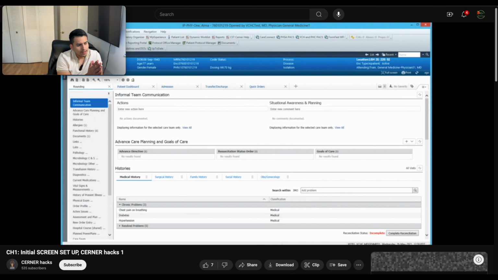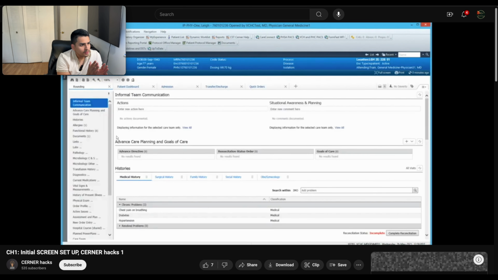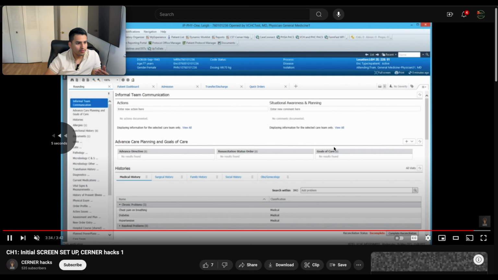So as a clinical application analyst working either for Cerner or Epic, you would have the options to edit these screens and edit these tabs and edit the information displaying here. From what I've seen, most of the time the healthcare organization would want to have everything just shown at once. And in my opinion, I think it's because they want to make it the responsibility of the end user, for example, if something happens,